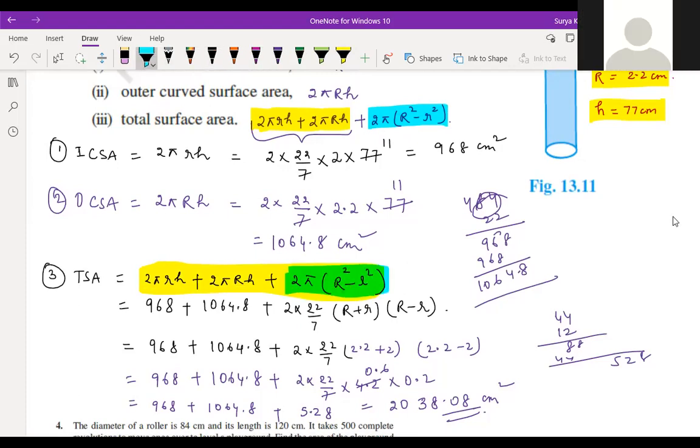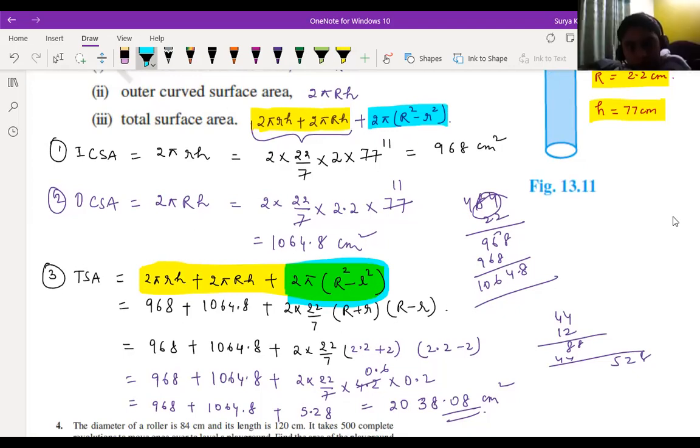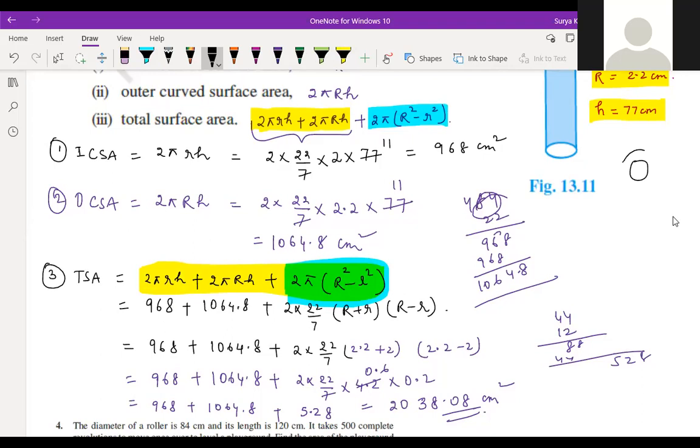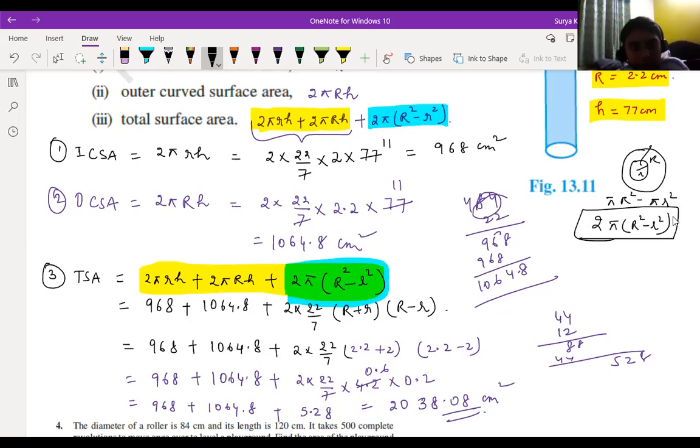I should not explain this. Because if you understood this, this is pakka sure, no? Could you explain once, sir? I understood that there are two different ends, so we have to subtract to get the shaded area. That only we did here. See, we get this one only, no? Two circles are there. One is small r, one is capital R. So pi R square minus pi r square. So this is pi common, R square minus r square. And this concentric circle is of 2 times. So 2 into this, that's it. Oh, okay. And then the other 2 pi rh is the different CSA, right? Yeah, inner part of it and outer part of CSA.